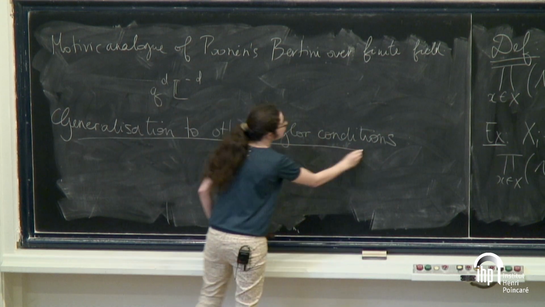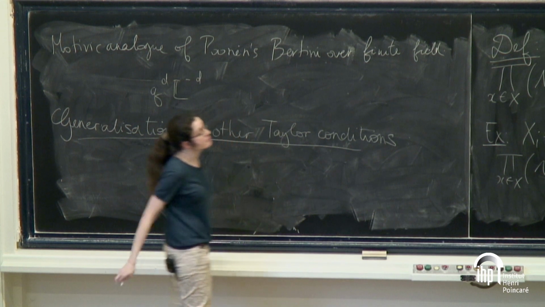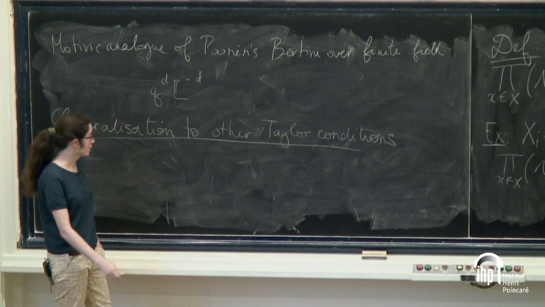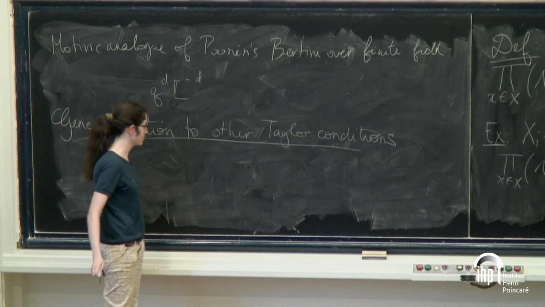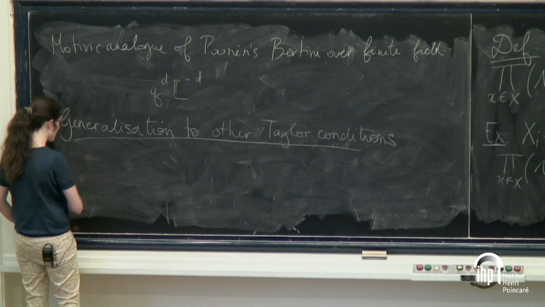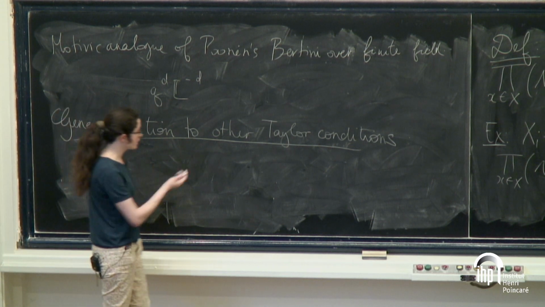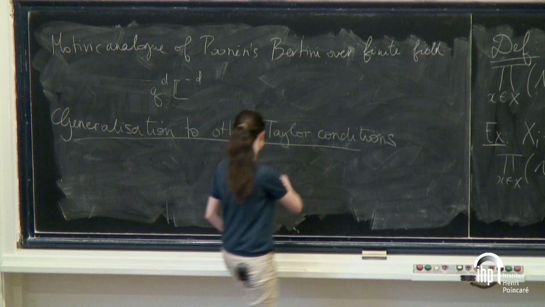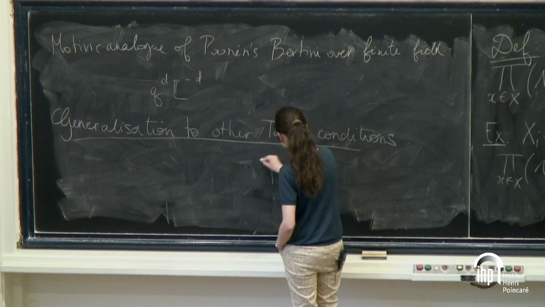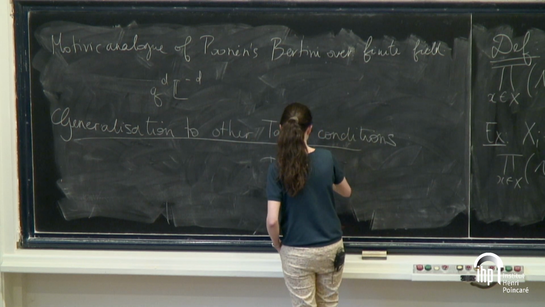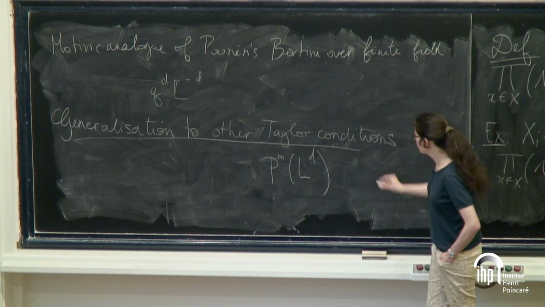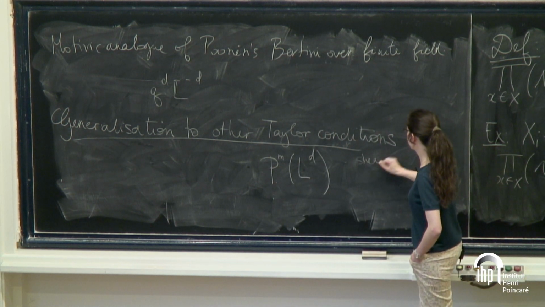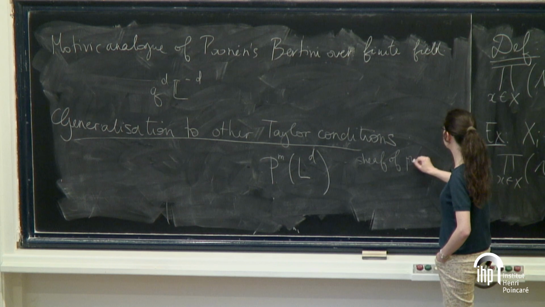So though Vakil-Wood's theorem can be stated and proved without Motivic Euler products, for this we actually really need Motivic Euler products. So what do I mean by a Taylor condition? There is such a thing as the sheaf of principal parts